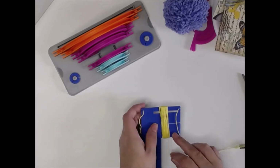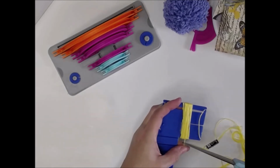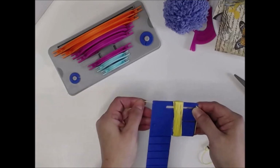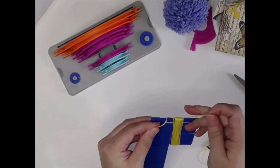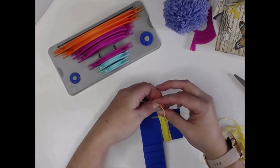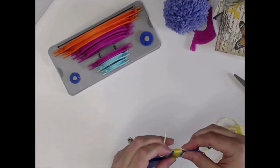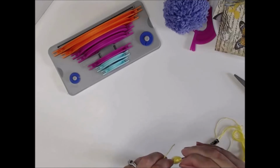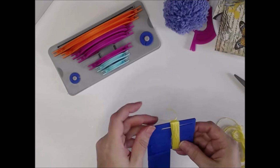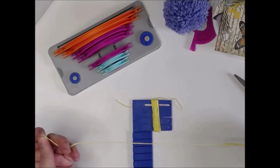Okay, and I think I'm going to stop right about there, and I'm going to go ahead and cut that off. Next thing I'm going to do is unhook these threads from the tassel maker. I'm going to come up and tie them as tight as I can up the top here, kind of pulling, but I'm not going to tie these off yet because once I get this off the tassel maker, I can make it tighter. The next thing I'm going to do is take another piece of floss